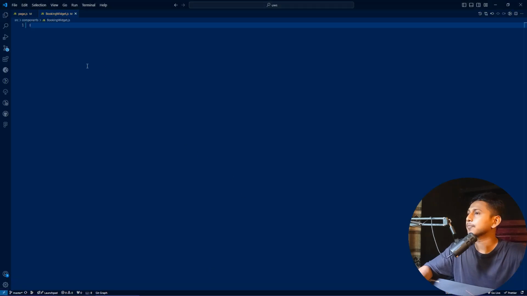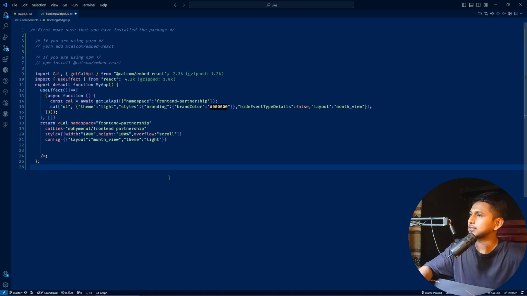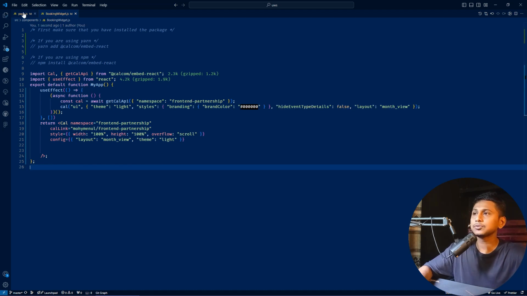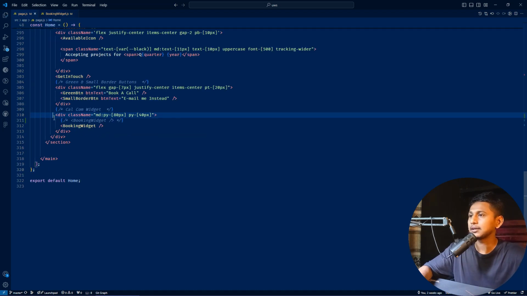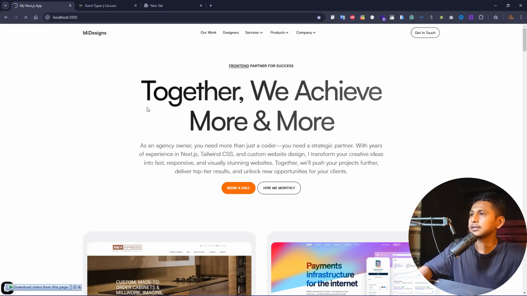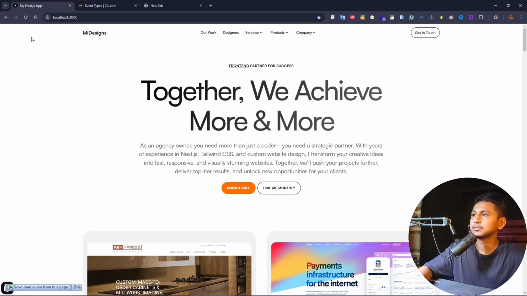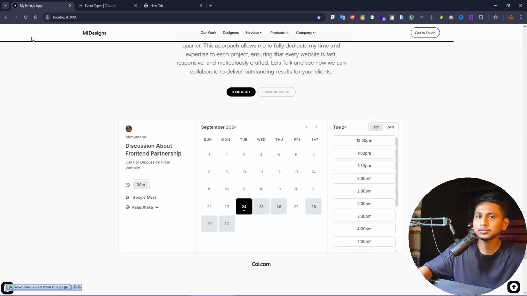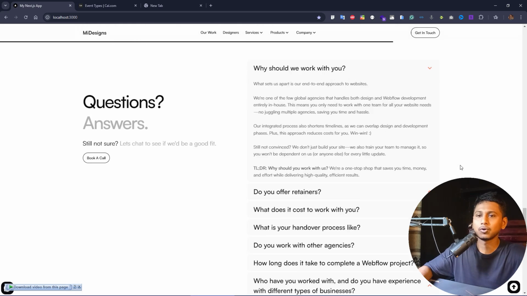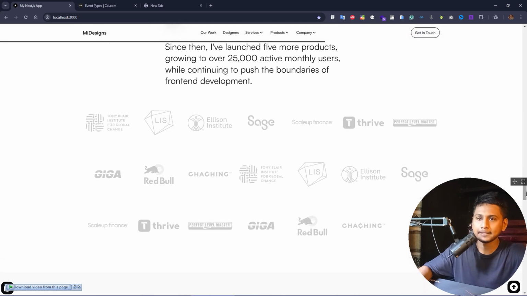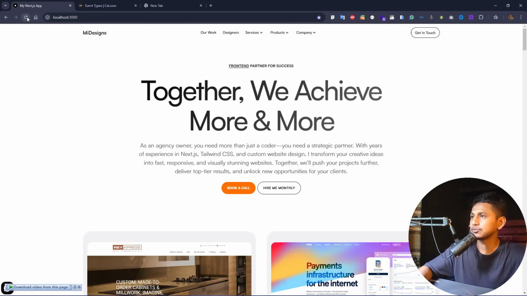Okay, then this is my component. Here I'm going to paste it, and I use it in the page as a component render. Okay, let's see now. See, I don't touch anything, but it scrolls down to this section. Okay, let's see another time. Just reload your website